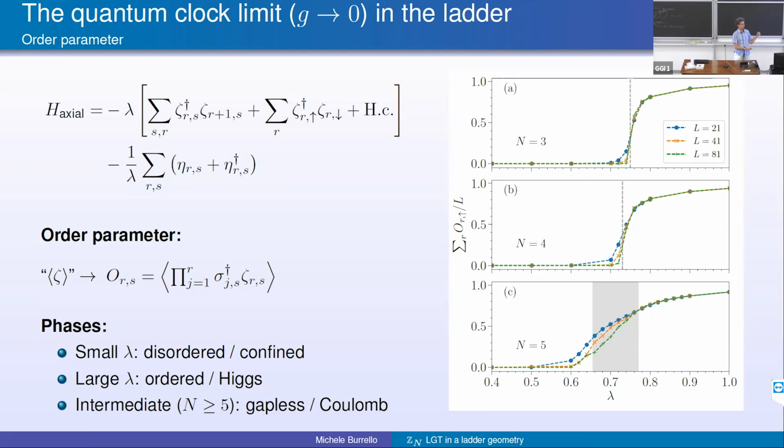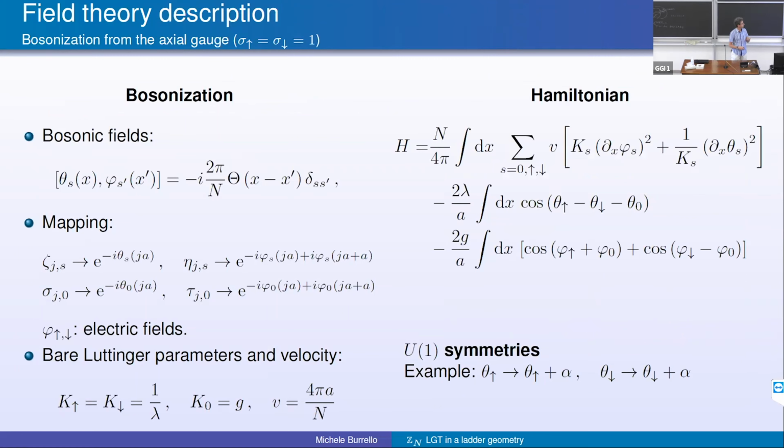And instead here, it converges to a finite value. So if you go to the thermodynamic limit, you would expect still something flat and then something that goes to a finite value here at the discontinuity. Okay, good. So indeed, if we want to understand a little bit better what's going on, what we did was